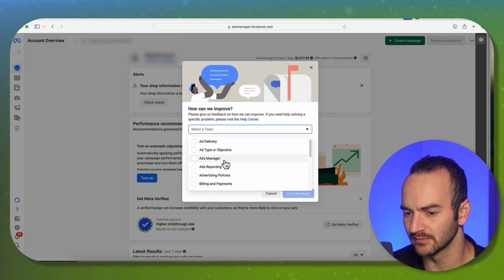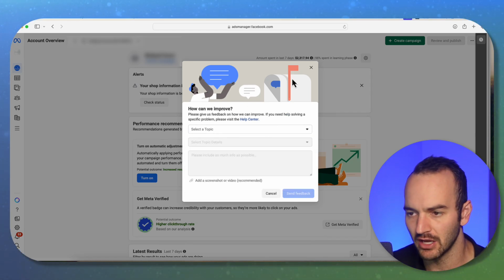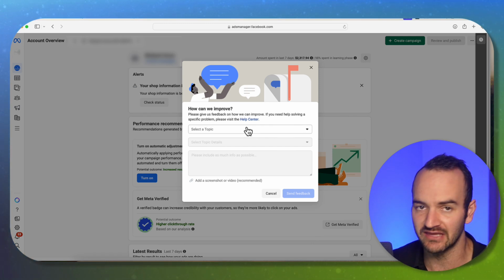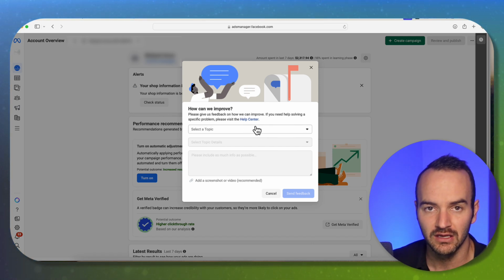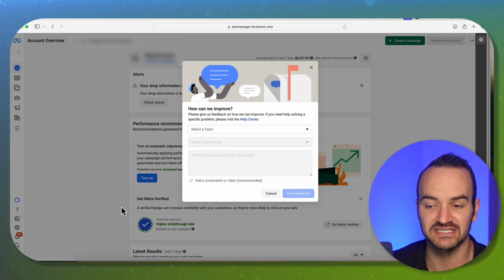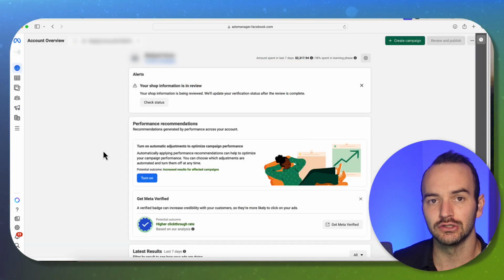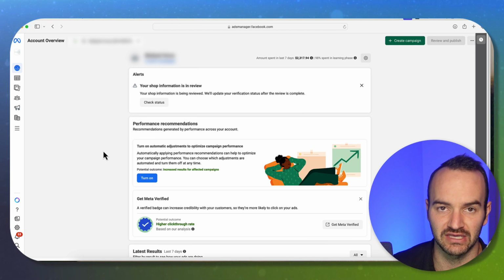You're just going to say the problems with Ads Manager. You're going to let them know exactly the situation and basically write your appeal here. If it's not giving you the option to appeal and you can't get a chat option, then this is your next best bet. Now, something I do have to tell you too is do not try to circumvent the rules,